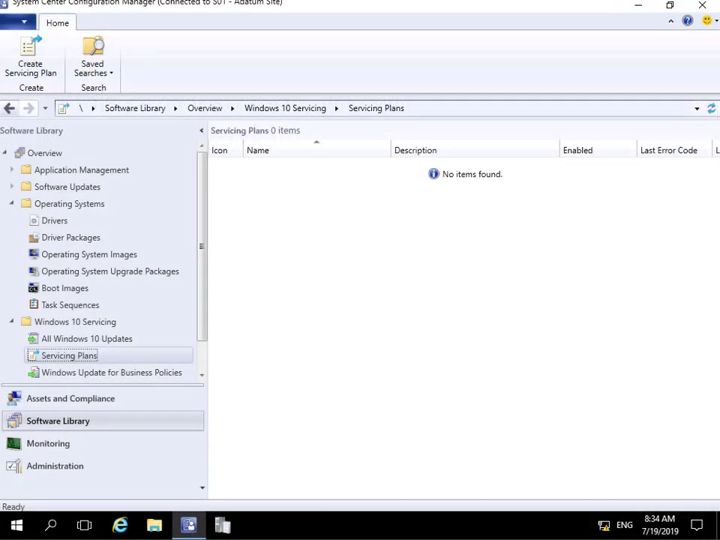In this demonstration we're going to look at creating a Windows 10 servicing plan. A Windows 10 servicing plan is an automatic deployment rule that allows us to deploy updates out to our Windows 10 operating systems. I've come into my System Center Configuration Manager console, come to my Software Library workspace, I've come